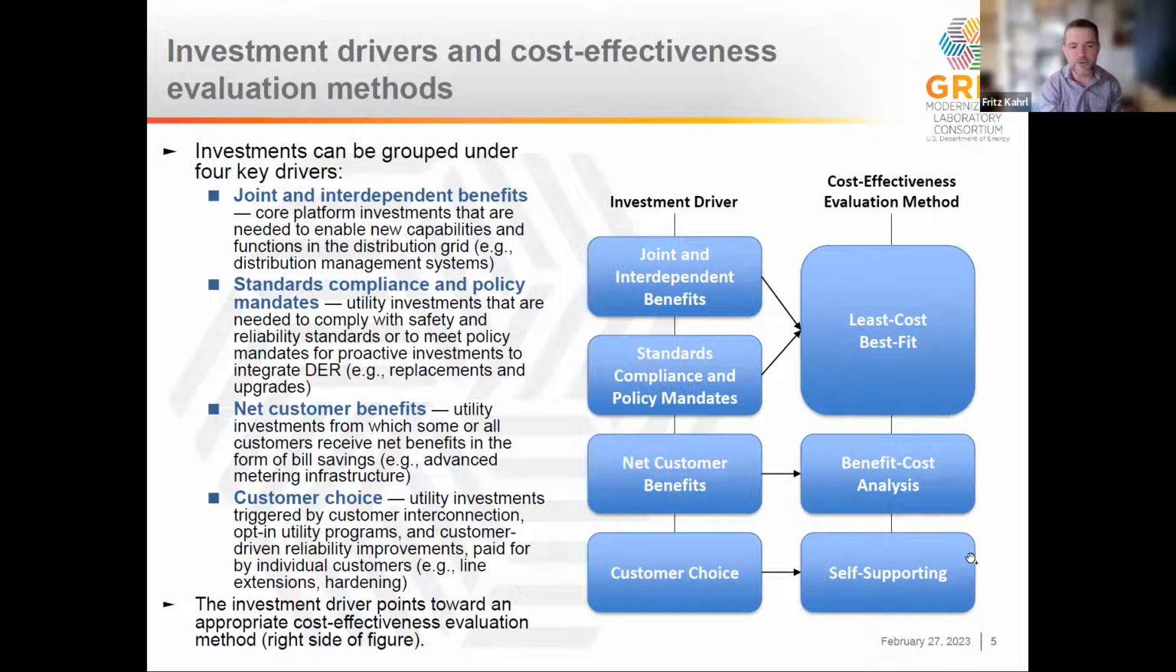So these different categories of drivers have different cost effectiveness evaluation methods. Investments with joint and interdependent benefits and investments needed for standards, compliance, and policy mandates typically use a least cost best fit approach. Investments that have net customer benefits typically use benefit cost analysis, and customer choice investments are typically assumed to be self-supporting. That means customers are choosing them, so they're assumed to be cost effective from a regulatory perspective. I'm going to talk more about least cost best fit and benefit cost analysis in a second,